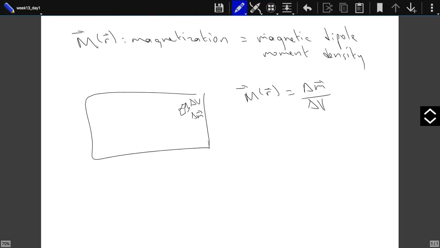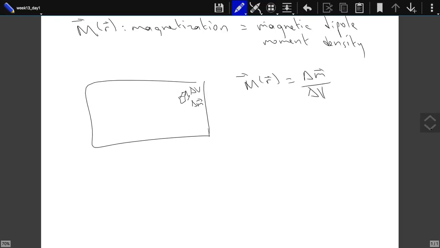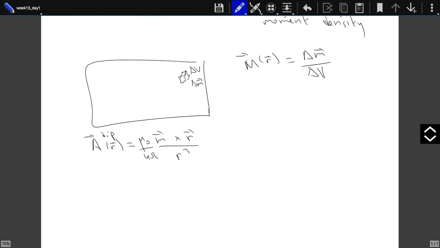We already know the vector potential corresponding to a single magnetic dipole. If we have just a single dipole at the point R, this is mu0 over 4 pi times M cross R divided by R cubed. This is the vector potential corresponding to a single point-like magnetic dipole. We can divide our material into very small bits, each having volume dV, and each one will contribute this much to the total vector potential. So if you just sum them up,